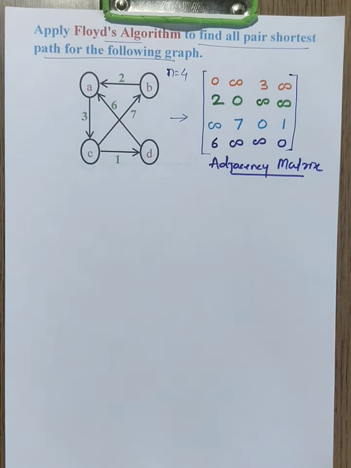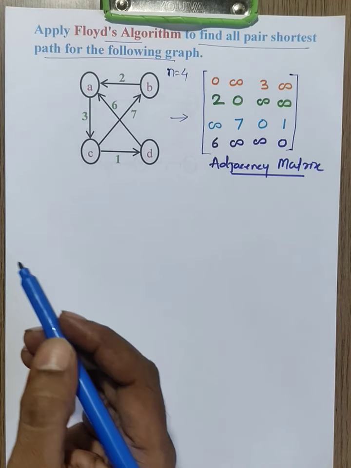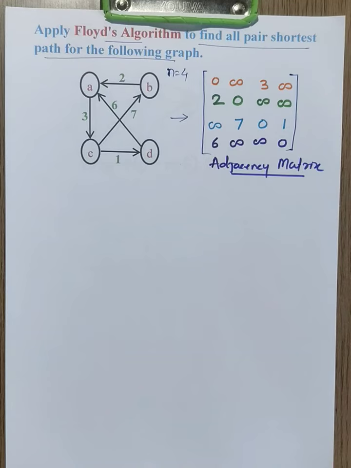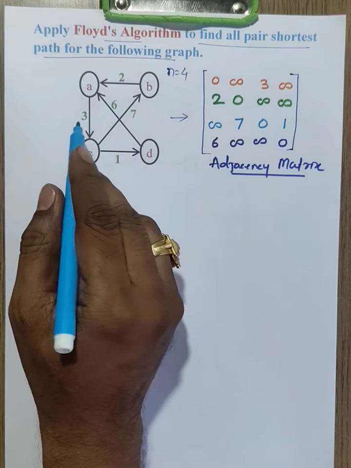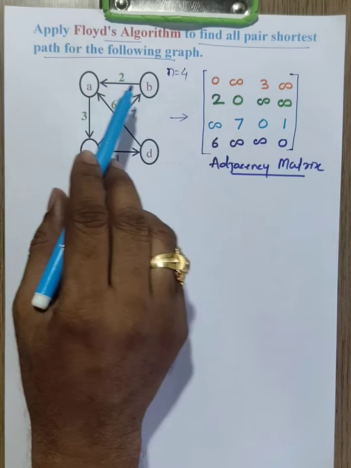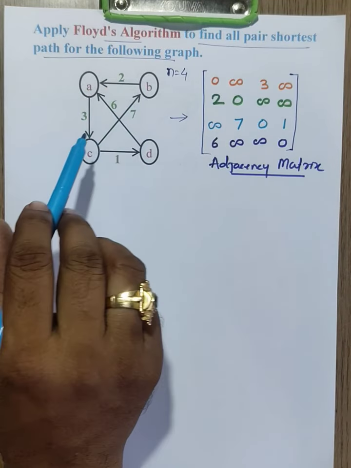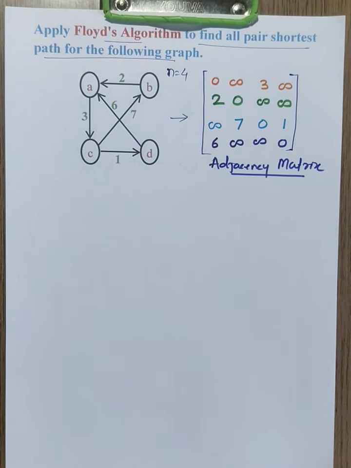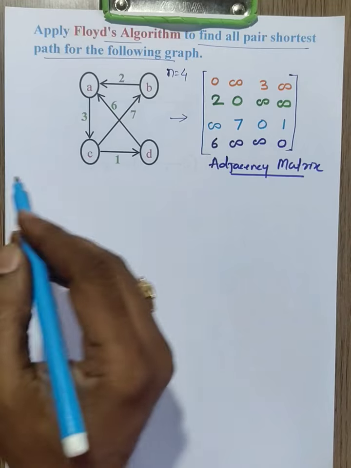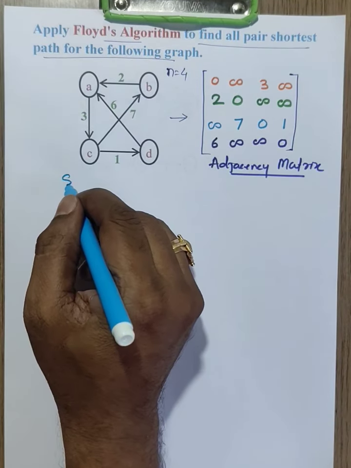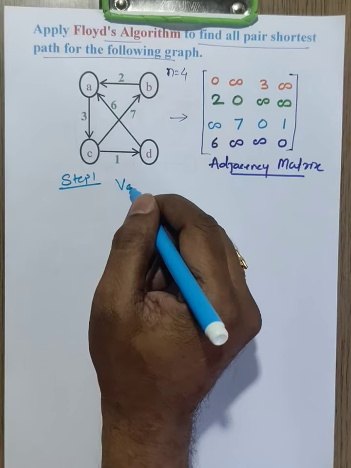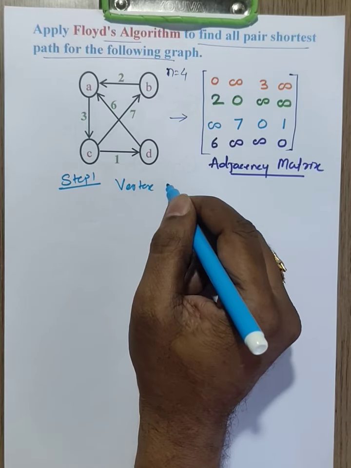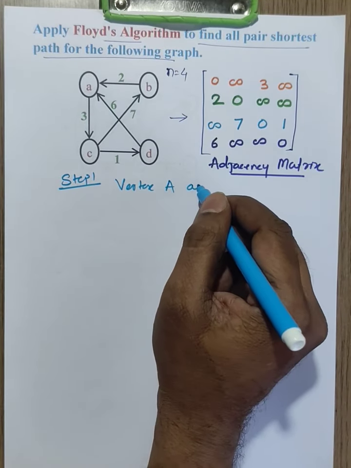This is called the adjacency matrix, from graph to matrix. First step, convert this graph into a matrix. We take vertex A as an intermediate, B as an intermediate, C as an intermediate, D as an intermediate. This means this example I have to solve within 4 steps. Step 1, vertex A as